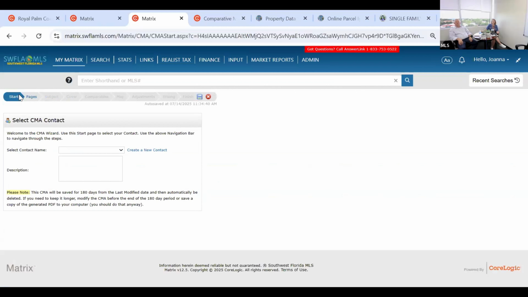And you would go through these different tabs. So you would select a contact name. If you don't already have them in Matrix, you would go ahead and create that and write out a description. It'll walk you through pages. So it's got different forms that you can add,